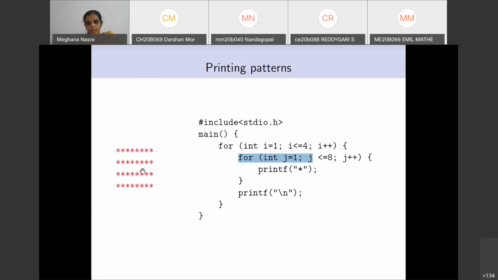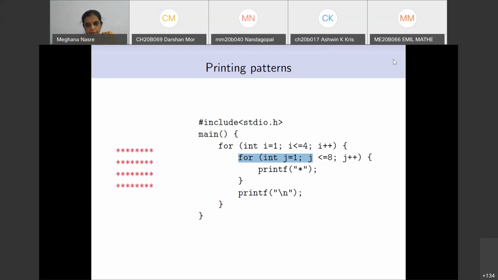Are there any questions about what happens when the execution enters the outer for loop the second time, or the kth time, and what happens when it enters the inner for loop? Ma'am, am I audible? Yes. I have a doubt. You said it is a natural code for that.